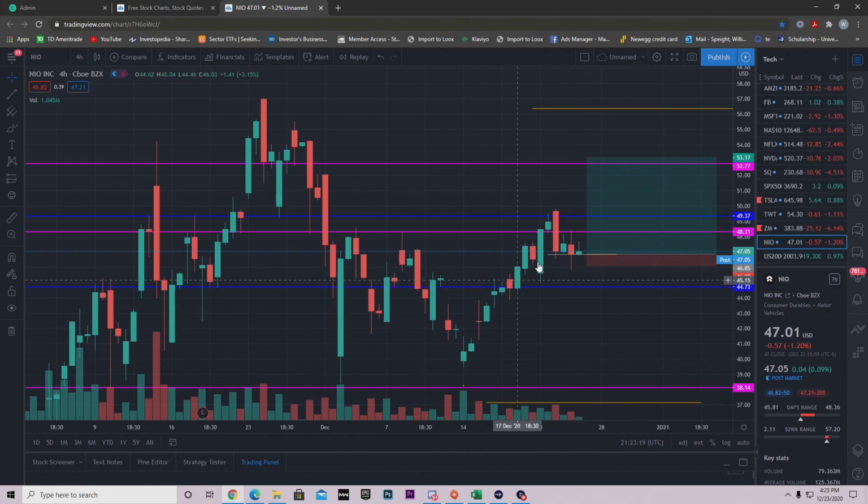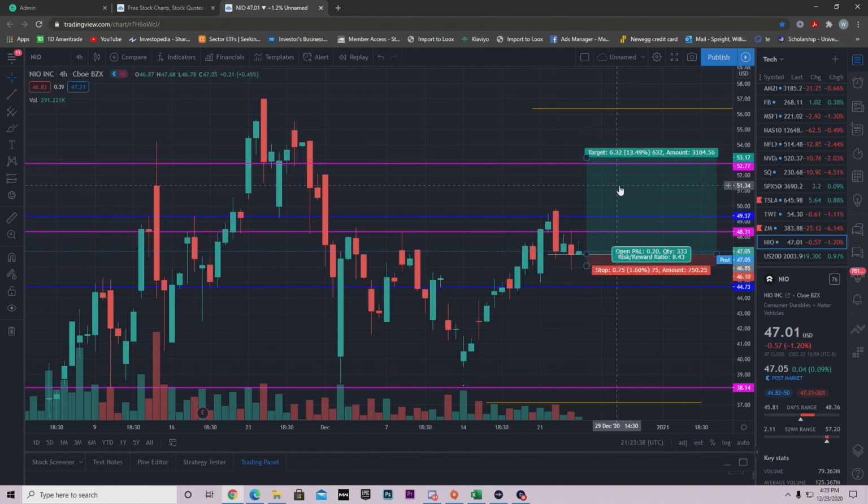Now if you're an investor and you can afford it, maybe consider adding on to this dip. So picture that you got in up here, or maybe higher up here, and then you add on at 44.73. So you add on to your position and you also bring your average down. That's what my advice would be to y'all. If you did invest in NIO back here when it was higher, I would consider averaging cost down, so when it does return, you can make that profit back. So guys, that would be my advice on NIO.